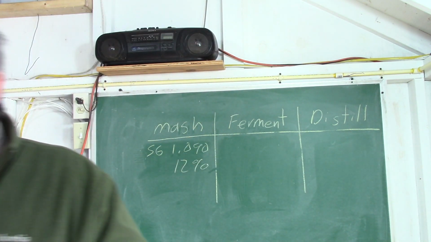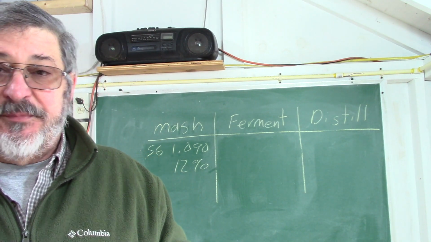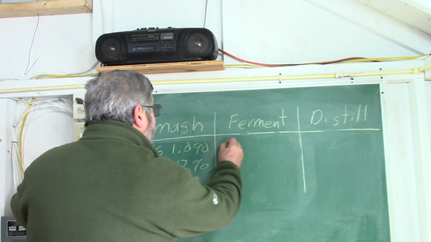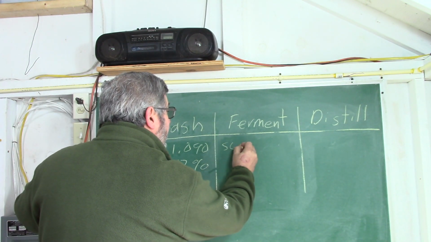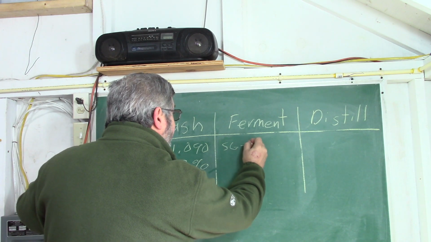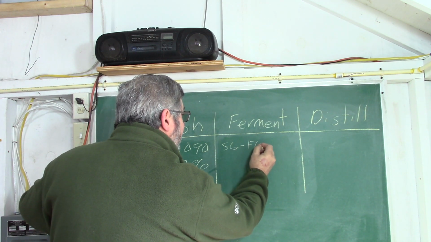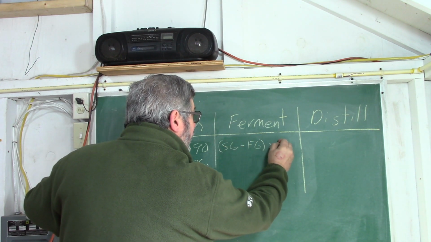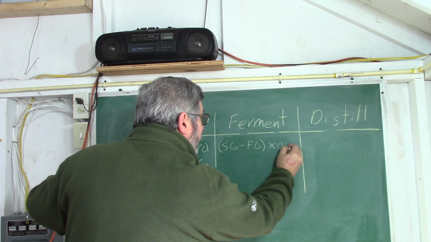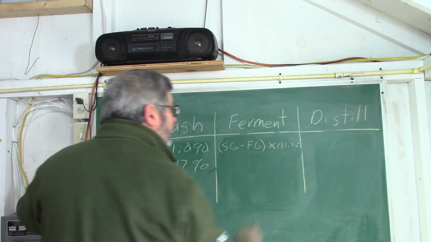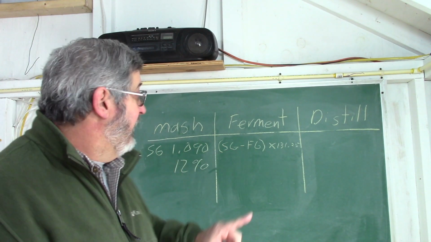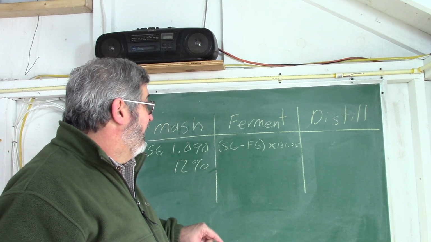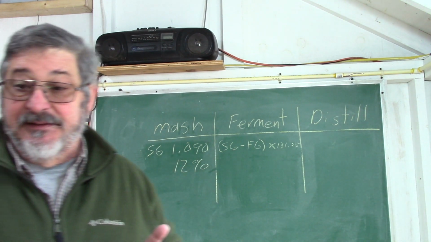Okay, and how we do that, the mathematical formula is, we write this down, SG minus FG, final gravity, times 131.25. Okay, very important. Remember that. See, that's where the SG starts to come in. You see that? Okay. So, in our case,